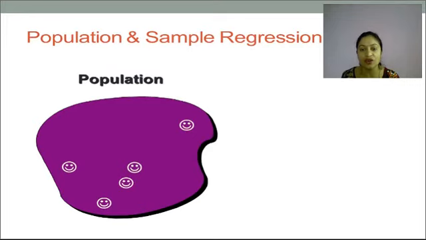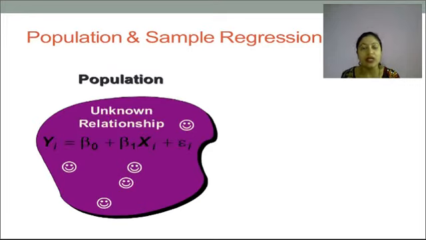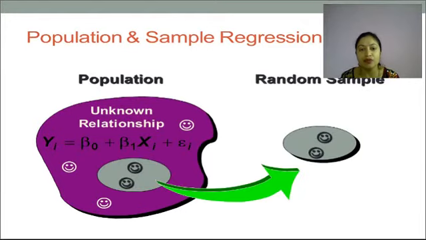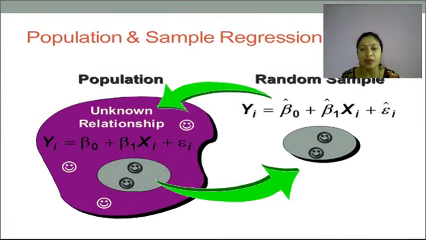Suppose we have a population with a few samples like this, which are shown in this particular figure. Here we have an unknown relationship among all these samples. So we have yi is equal to beta 0 plus beta 1 xi plus epsilon i, with unknown beta 0 and beta 1. Now if I want to find this relationship between these samples, we will take a few random samples. Only a few samples are required, not all together. So we take a few random samples from this, and we find the relationship between them. We have taken 2 samples right now over here.